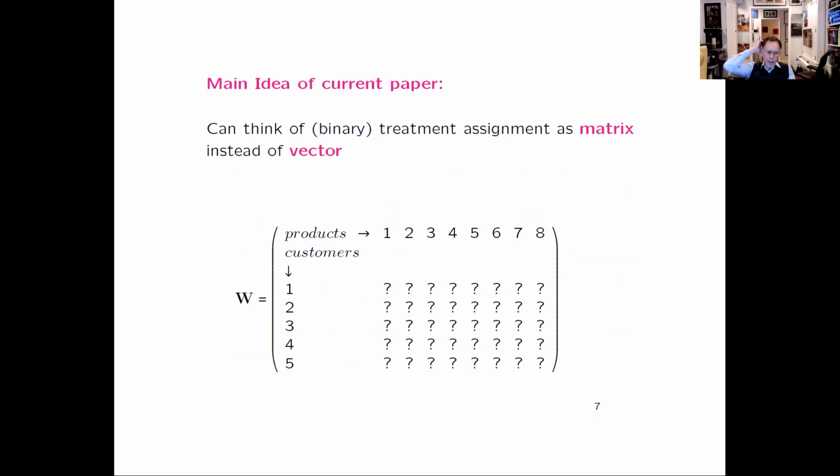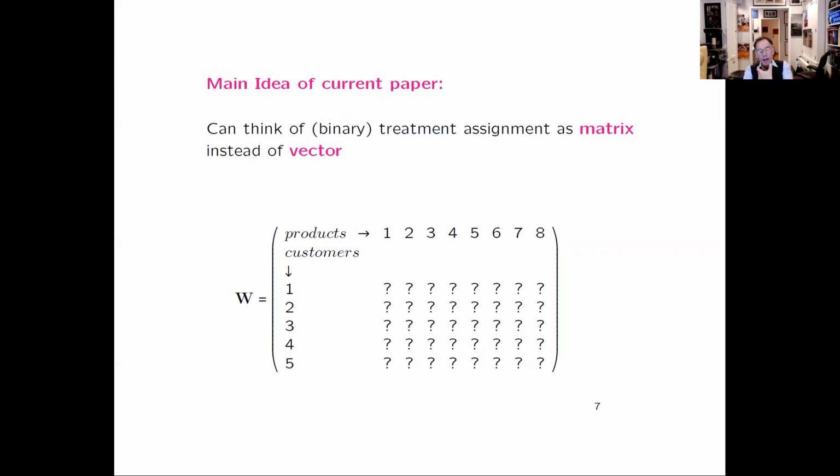And so the key idea of the paper here, at some level, is a very simple one. I'm going to look at a setting where we have two populations, and I'm going to refer to them generically as products and customers, but for rideshare companies, they would be drivers and riders. In rental markets, there would be rental properties and renters. And in other cases, they could be physical units and time periods.